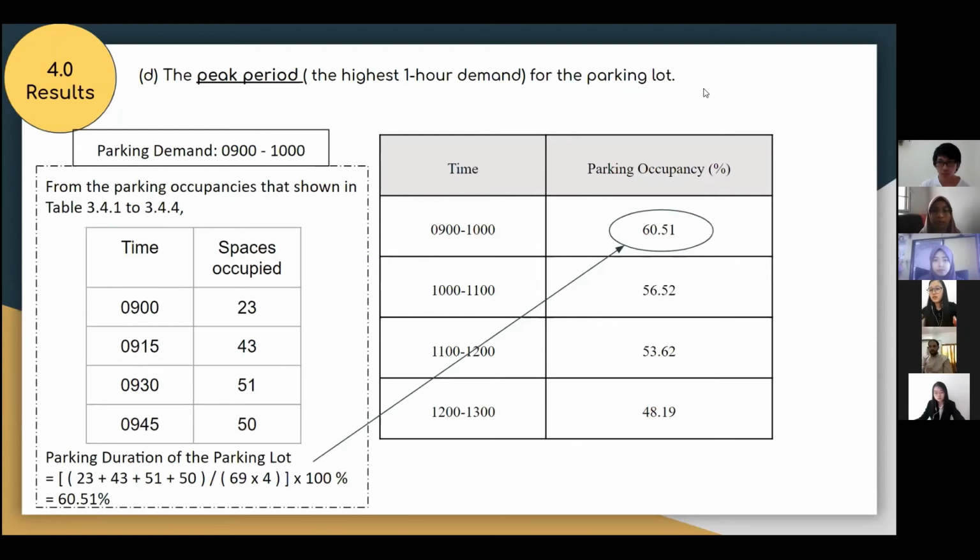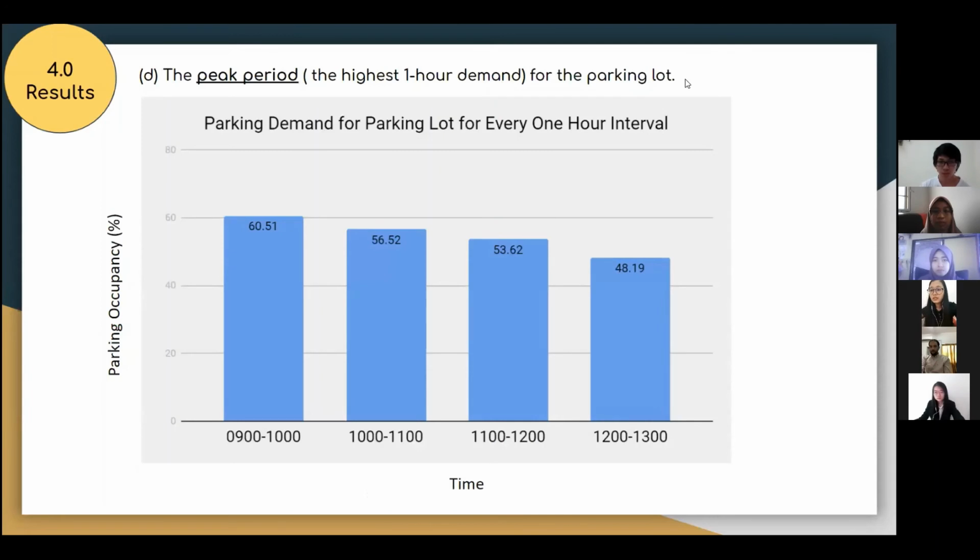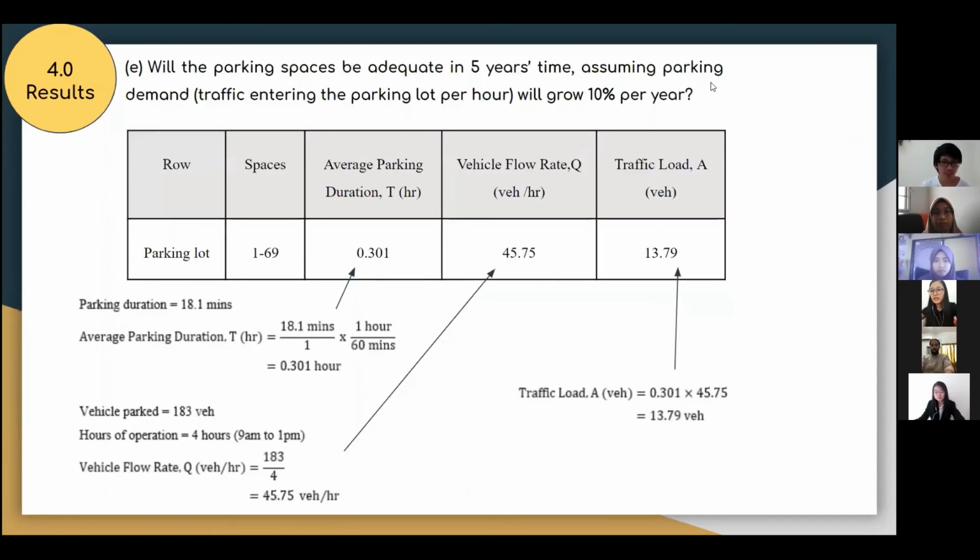Then we calculate for 10 a.m. to 11 a.m. The highest parking occupancy for the 4 hours is from 9 to 10 a.m. That means the peak period for the parking lot is from 9 a.m. to 10 a.m., because its parking occupancy is the highest at 60.51%. Next, will the parking space be adequate in 5 years' time, assuming the parking demand grows 10%